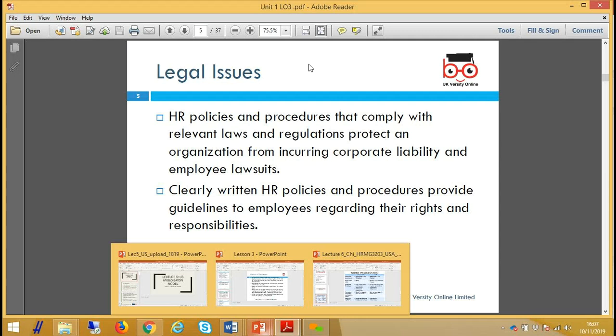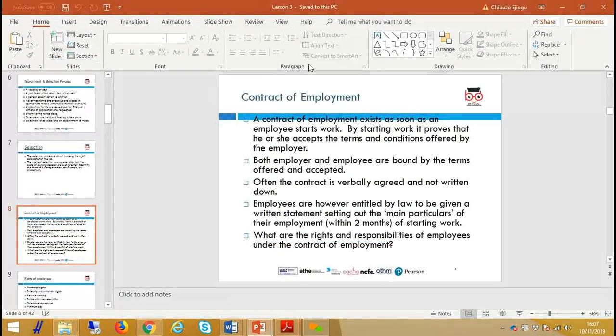And they start off in a contract of employment. So I'll just highlight this slide a little bit. This is one of my extra slides just to highlight what we mean by contract of employment. So when you go through a recruitment process, you advertise a job, you interview the candidate, you select the best one, you offer them the job. The recruitment process flows into offering a contract of employment. And that contract is a legal contract. That means you are legally bound by the rights and responsibilities created in that contract of employment.